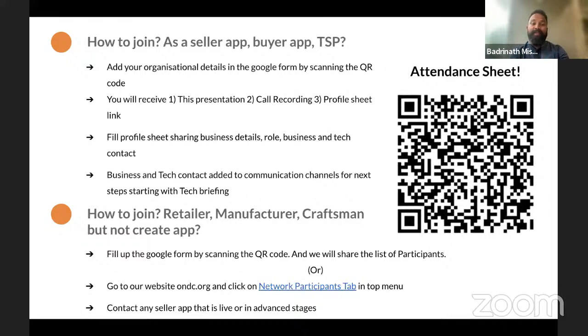There are two ways. You can develop your own technology and join ONDC, or you can be just a seller and talk to any seller application, including GlobalLinker, and join ONDC through them.